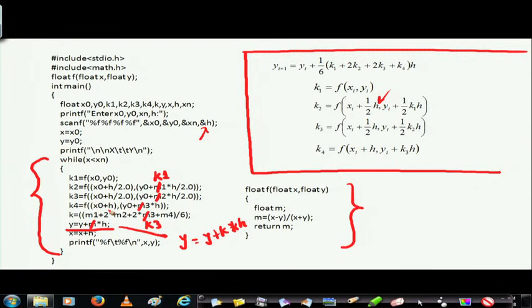I am doing it for 2 intervals till I come over here. So, I ultimately come to this printf and I print the value of y for a particular x. That is the Runge-Kutta. So, this is straight away amenable to some C program, and for each of these f's you are calling the function every time, all right. So, this is the Runge-Kutta method for solving a differential equation.